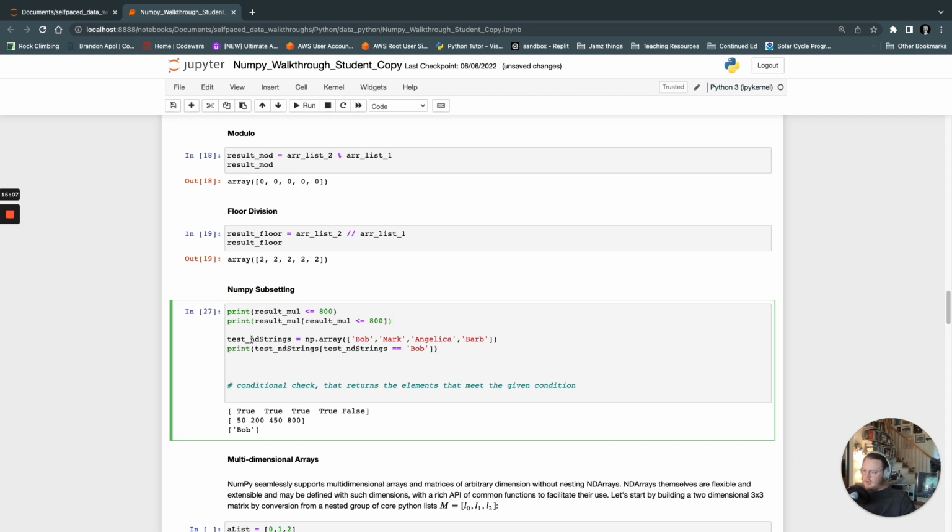I don't know why we used ND strings, but yeah, so we get that. We got this array here, and we've got Bob, Mark, Angelica, and Barb. And then we're going to print where test ND strings equals Bob, if that's true, basically, and it will pull that back. We can also probably do this. True, false, false, false. We can also say, what if I want to see just the first letter starts with the letter B,